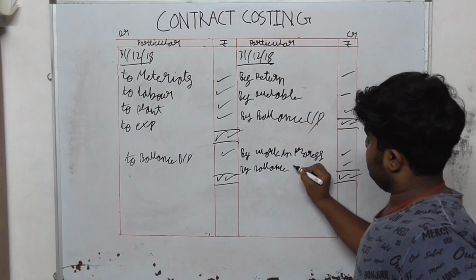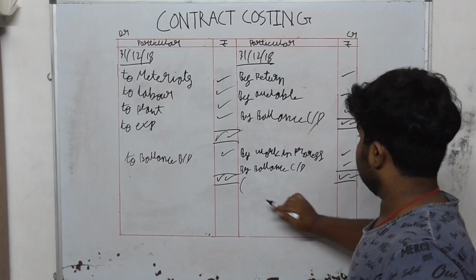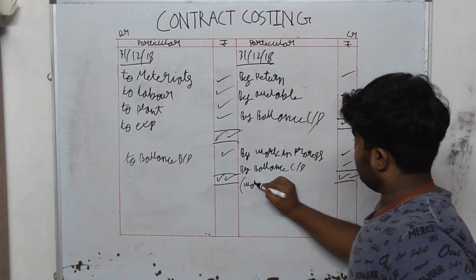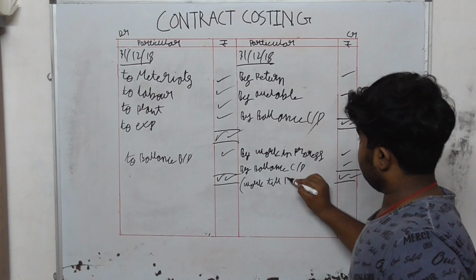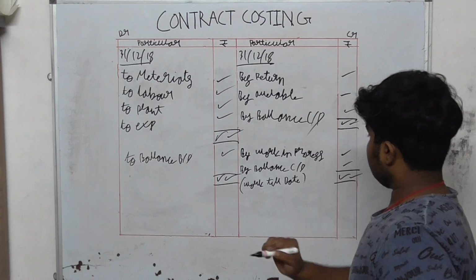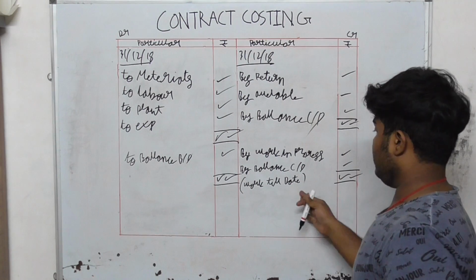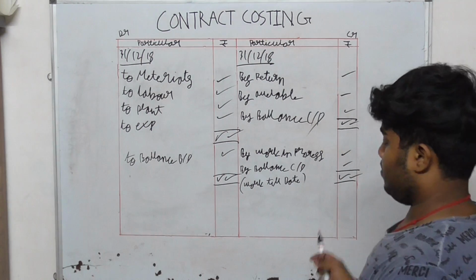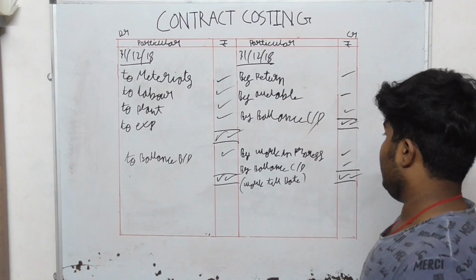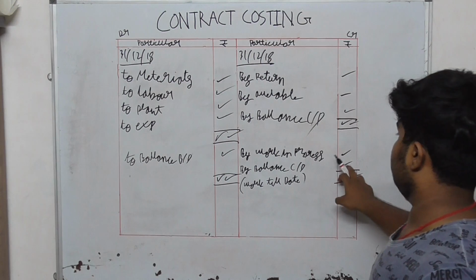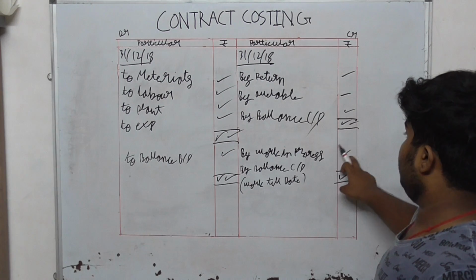balance CD, and there you have to write this work till date. Okay, in the bracket. So why do we write the work till that date? So for the government only, we only do this work. The government doesn't accept the work here. Okay.